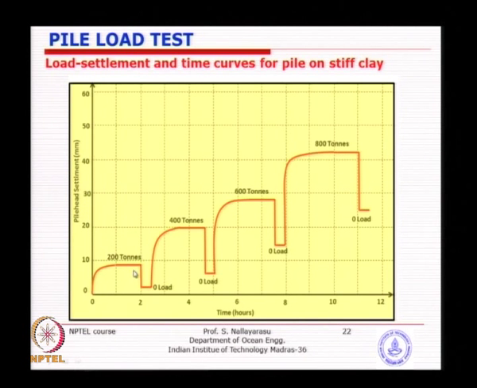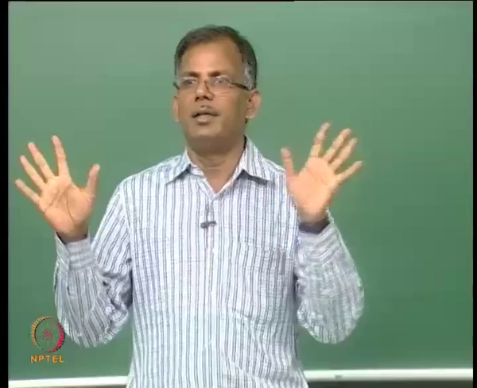So, basically you will read a displacement of 9 mm or 8.5 mm for 200 tons. You can then plot your load displacement relationship, and it typically takes several hours, because to get this flat curve sometimes you may have to wait longer, depending on the type of soil. If it is a sandy material, you will get the displacement quickly and after that it will just become flat.